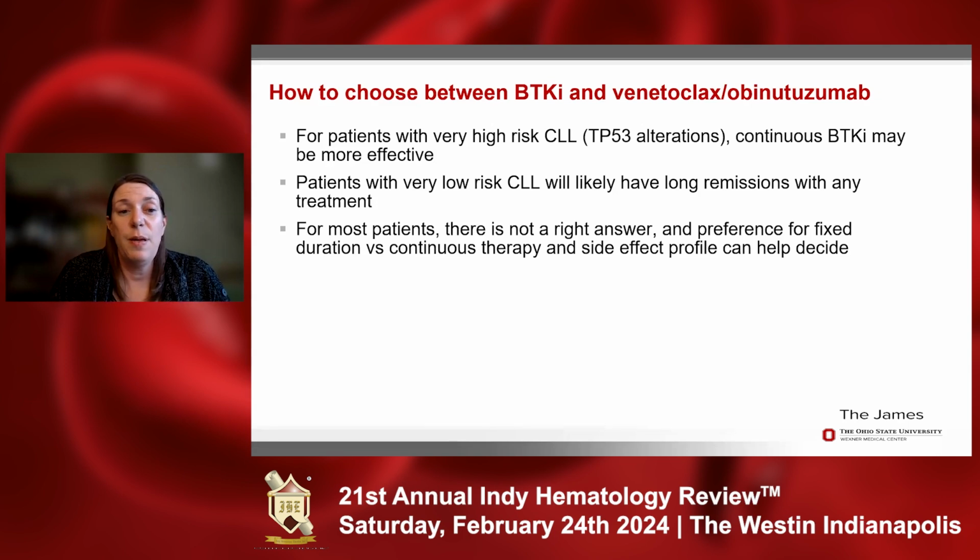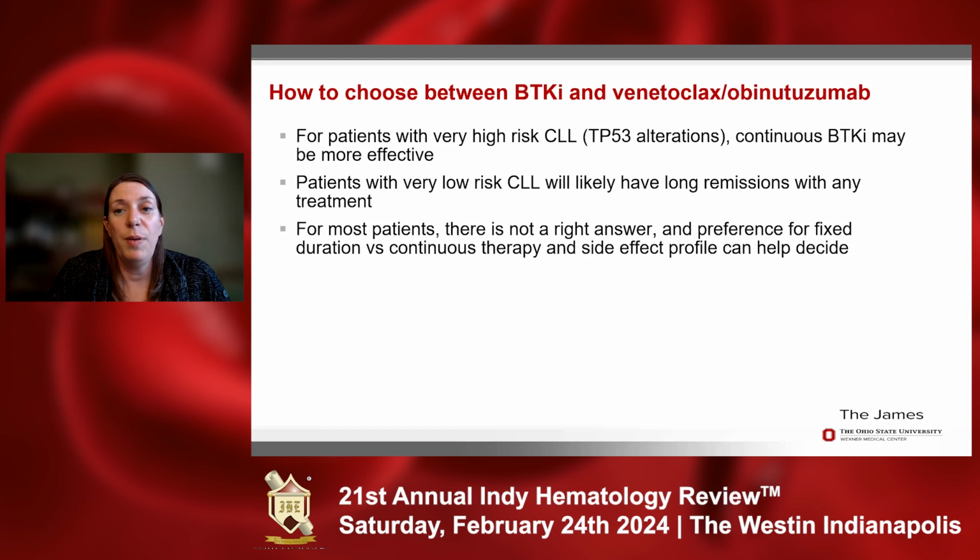On the converse, people who have very low risk CLL, and those are going to be those IGHV mutated patients, are likely going to have a really long remission with any treatment. And so for these people, venetoclax plus obinutuzumab might be the best approach because this is actually a fixed duration